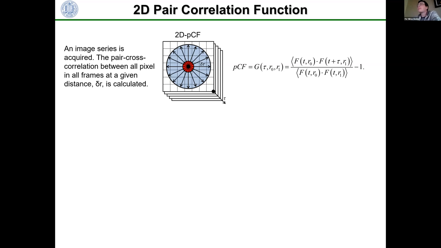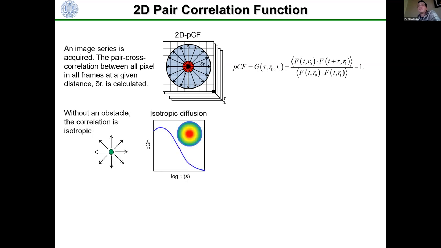2D PCF approach. So the idea was just to also quickly recap. We have a pixel of interest that we correlate with other pixels, with surrounding pixels at a certain distance. We call this the pair correlation distance. And we repeat this operation for all pixels within this time stack of images. Without an obstacle, all of these separate correlation functions should look similar. Because there's no reason, as the motion of the molecule is the same in all directions in the